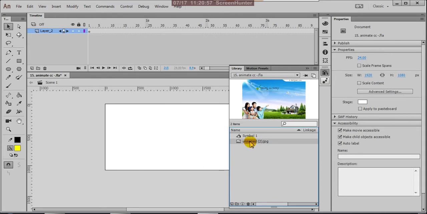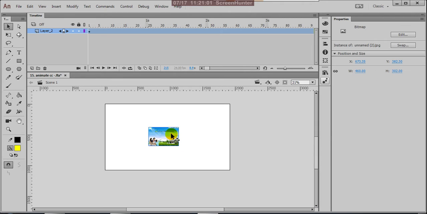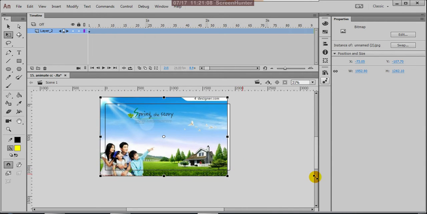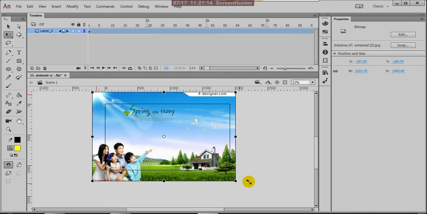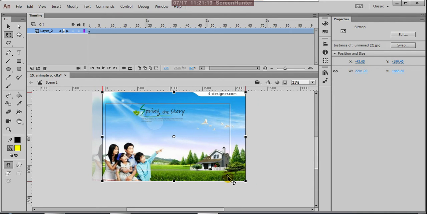Just click on the library and drag onto the stage. So you can make it a bit bigger. Okay, this is nice, beautiful. Make it a bit bigger, no problem.